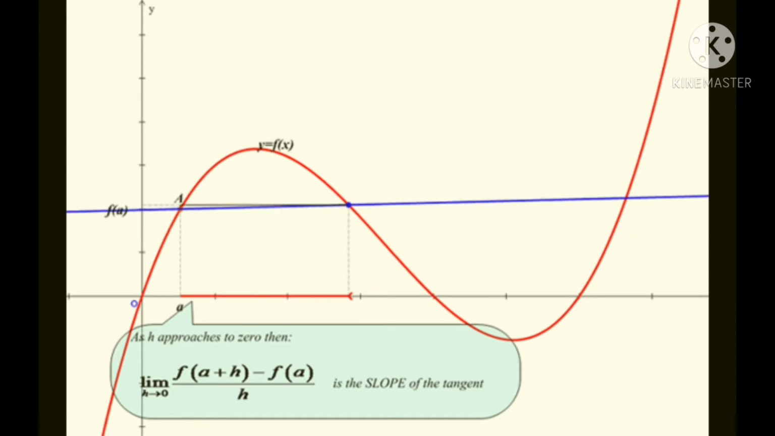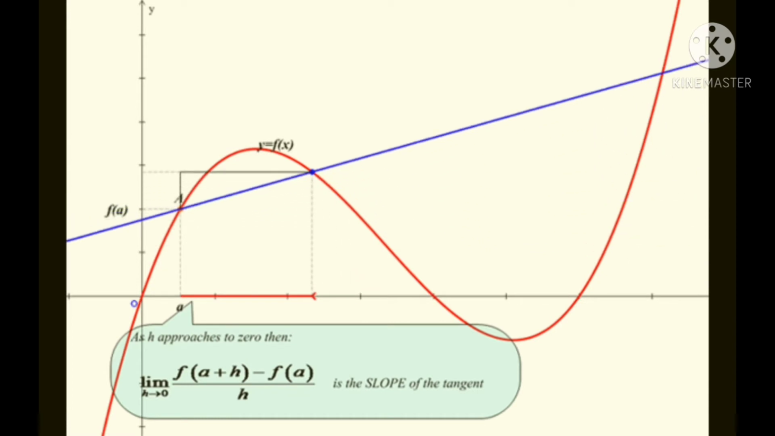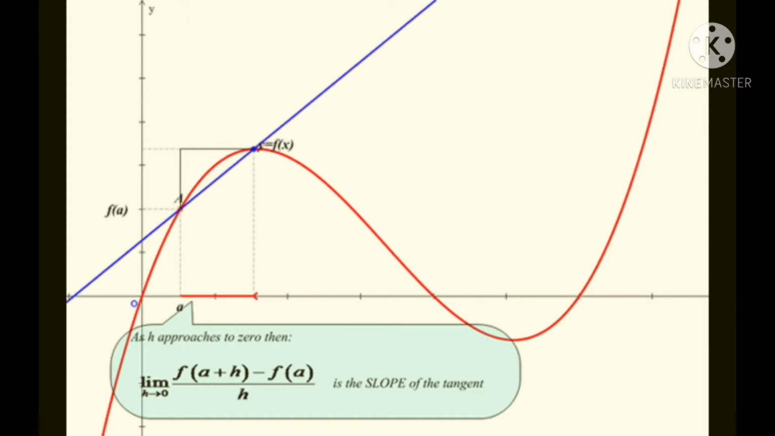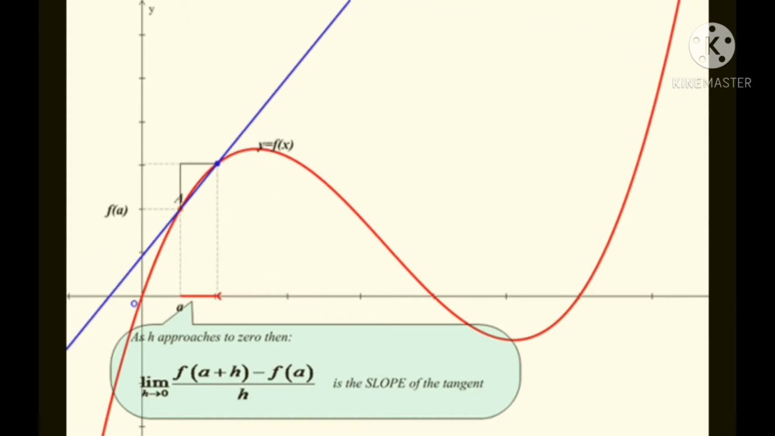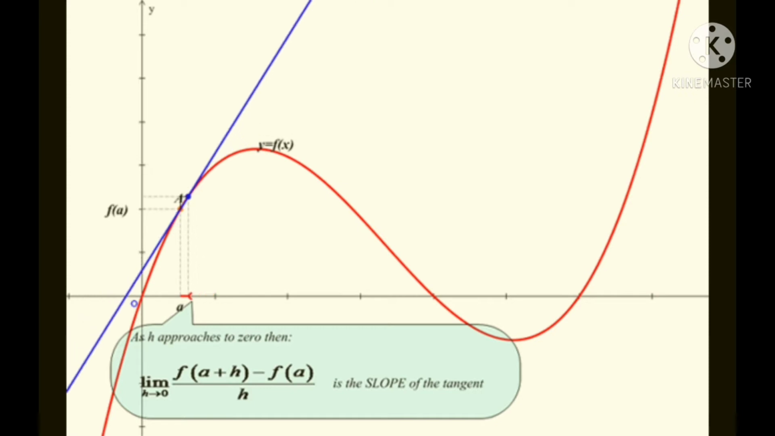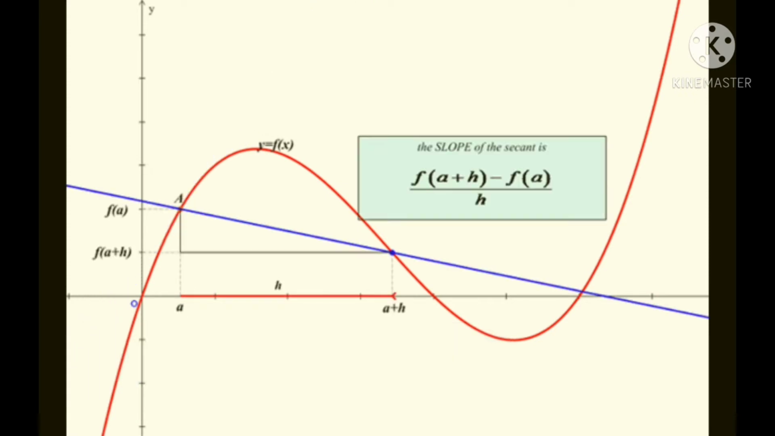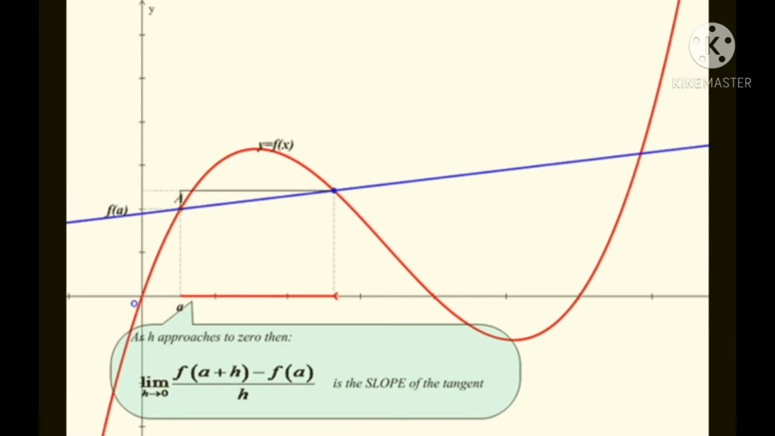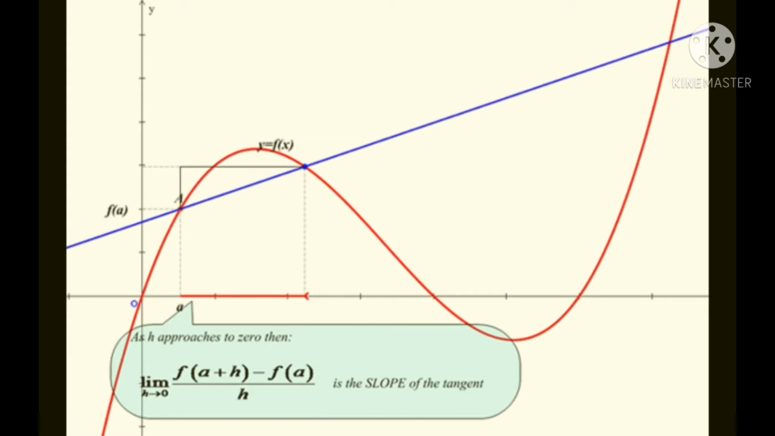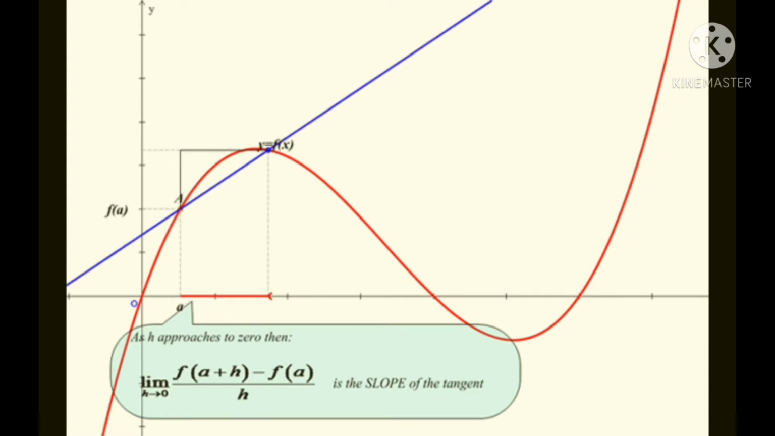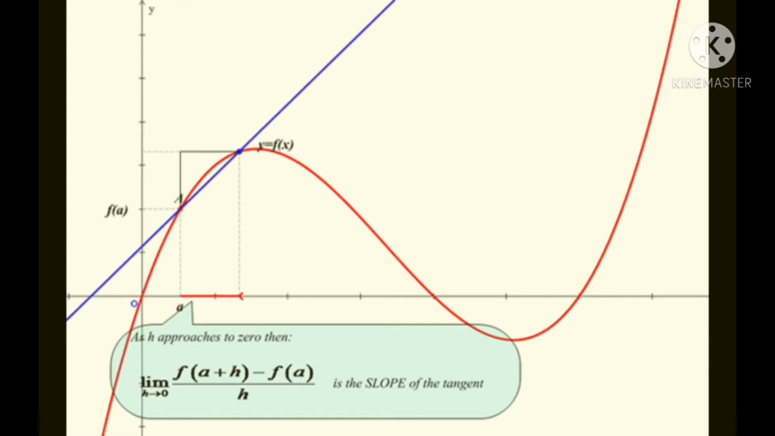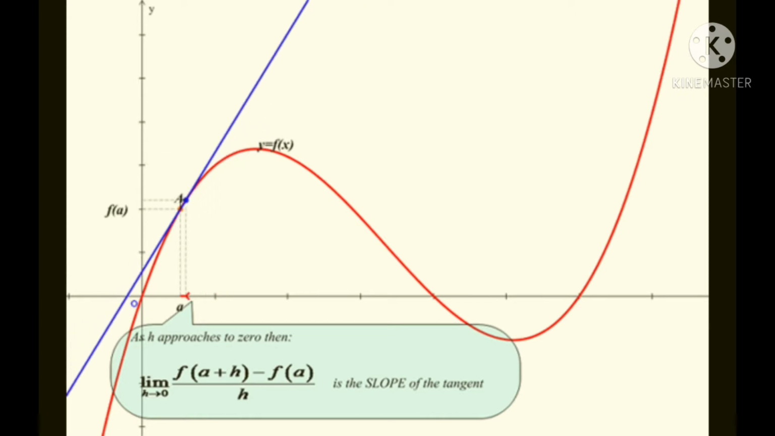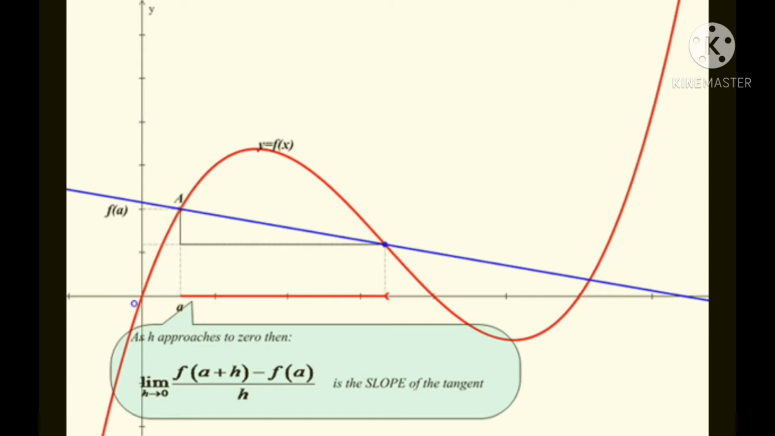And what is meant by chord? If you have any curve, then a line which is passing through at least 2 points is known as chord or secant. You can observe here for your observation. See, delta x is going to minimize towards one particular point. So a plus